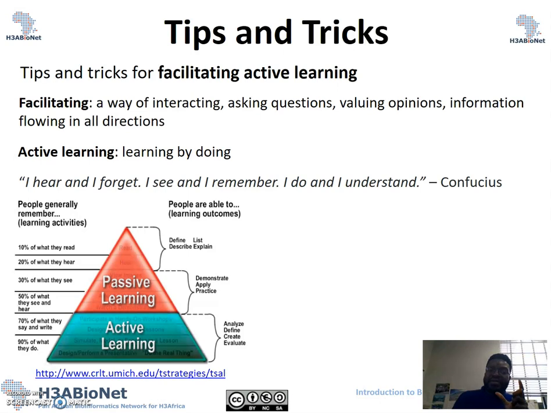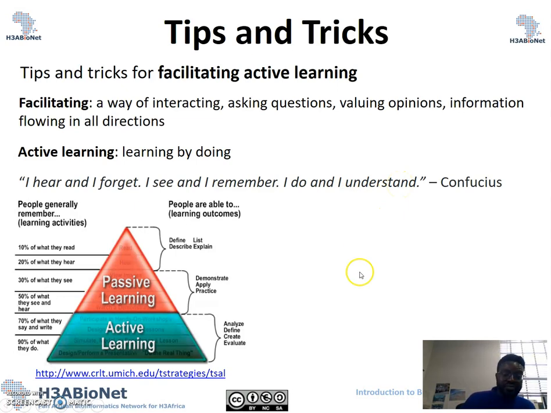And speaking to this quote, when you hear something, you forget. I don't remember what I did in grade 2 or what they taught me in grade 4. It's only later on, when I started being able to tangibly touch things and do practicals and go to laboratories and do things, that I began to understand and remember all the knowledge I was given. So do not just tell the participants information without making them or assisting them do tasks and activities to ensure that they can understand and actually grow